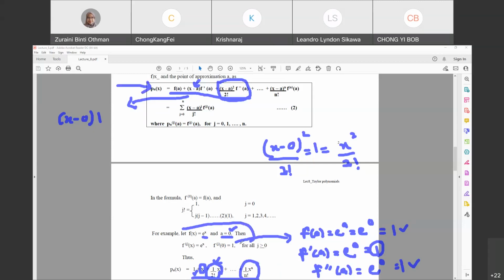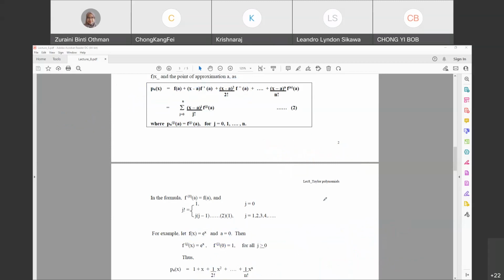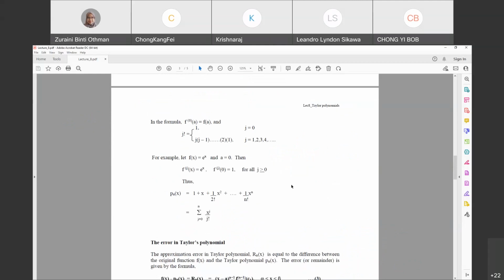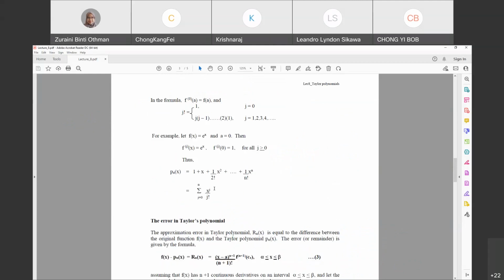Daripada maklumat yang diberi, macam ni. Okey, then kita boleh move, tak apa. Kalau kita rasa macam tak faham lagi, it's okay. But here, if you get this kind of